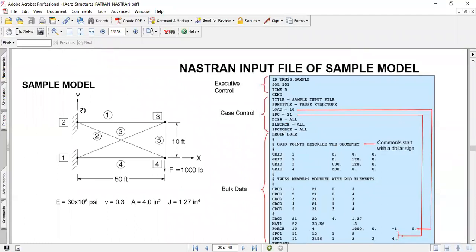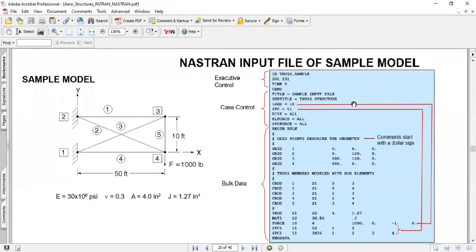What Patran does is, any physical structure you model, it converts into a set of command lines that can be opened with Notepad, and it can be directly edited. Suppose I want to change the load value to 500 or 800, I directly go here and edit it with Notepad. It opens with Notepad and WordPad. So it provides flexibility for the user, and it's very user friendly, Patran and Nastran.